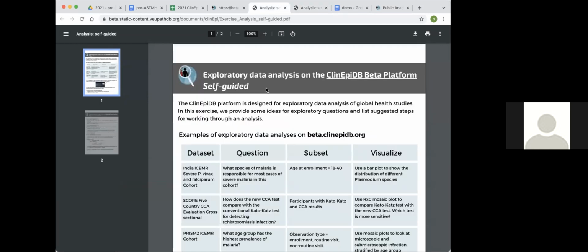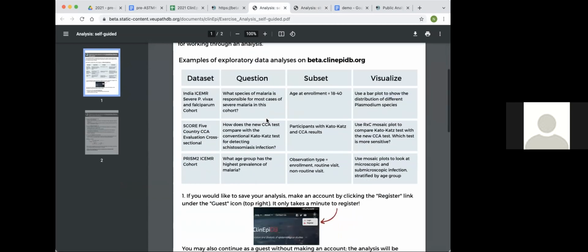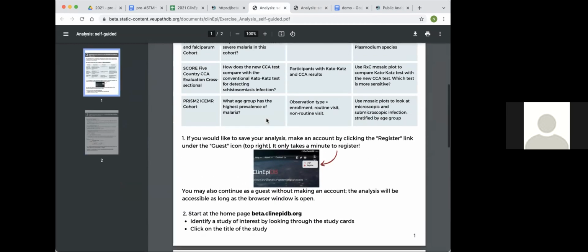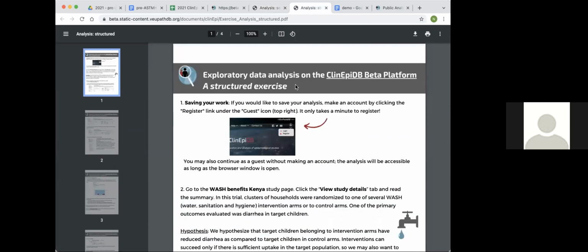The other one is a set of guidelines for a self-guided exercise: if you wanted to ask your own question of one of the data sets and try to answer it, we give you some guidelines for doing that. So it's up to you to decide whether you want to try an unstructured, self-guided exercise, or if you want to do a more structured exercise and walk through this. So at this point,